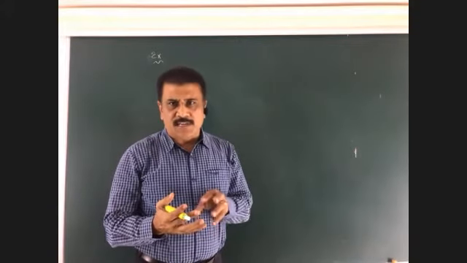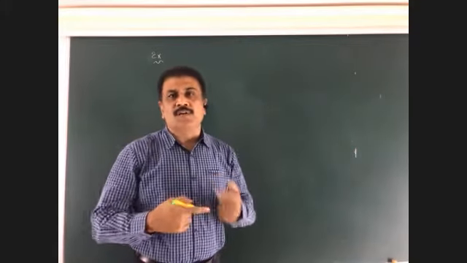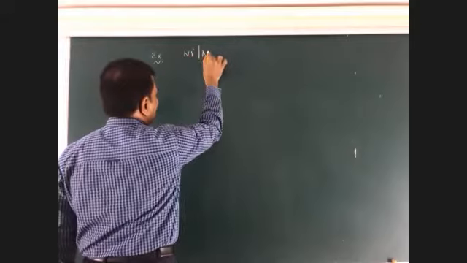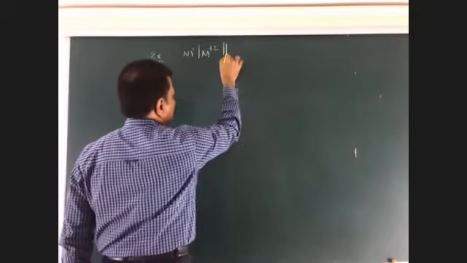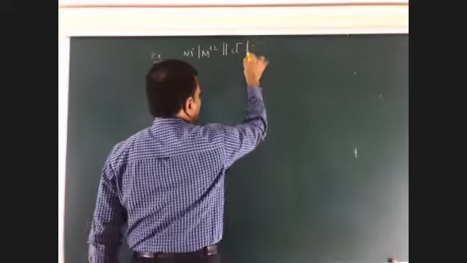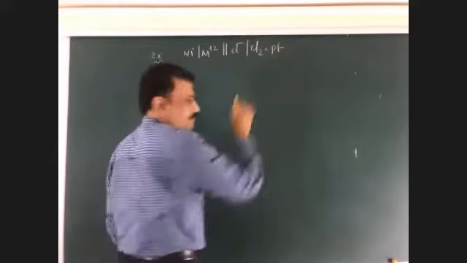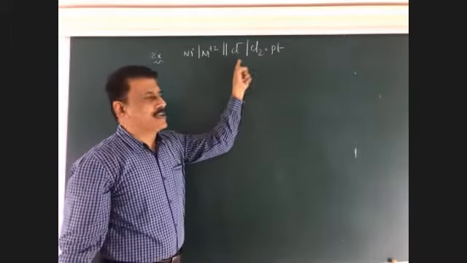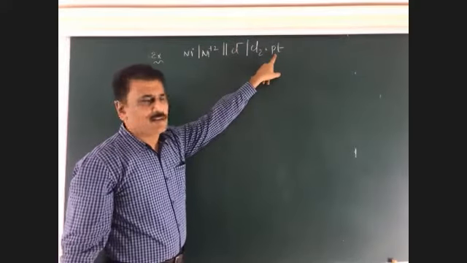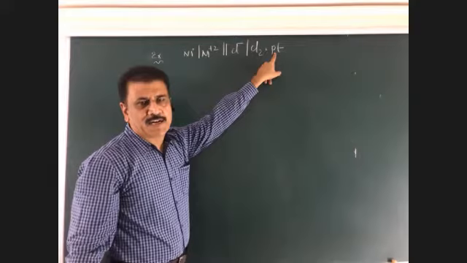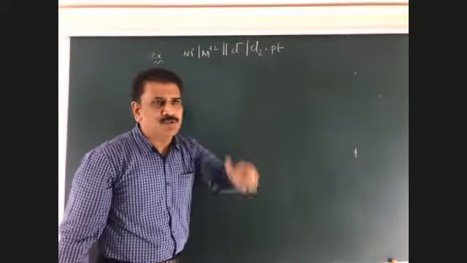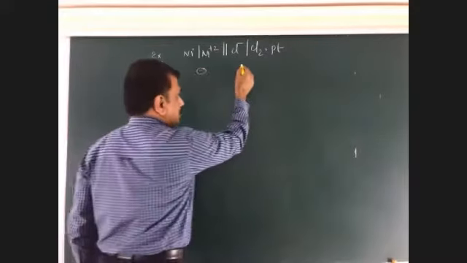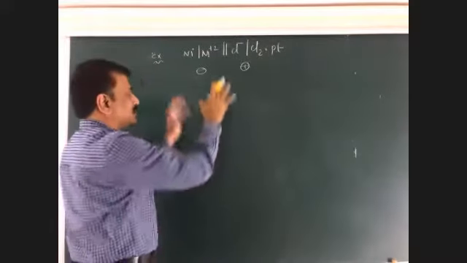And after representing the cell notation, we have to write the cell equation, in the reverse way. Look at one more example. This is the cell representation: Ni2+, salt bridge, Cl-, Cl2, and platinum. This is a nickel electrode. This is the chlorine electrode. Why is platinum written? Chlorine is a non-metal electrode. Platinum is just a wire which allows electrons into or out. So this is always the negative plate, that is the anode. This is always the positive plate, the cathode. This is the cell representation.